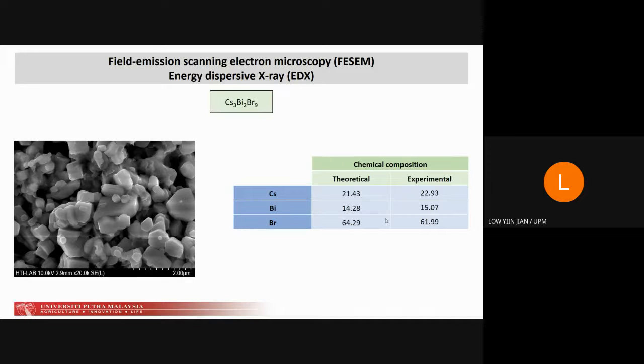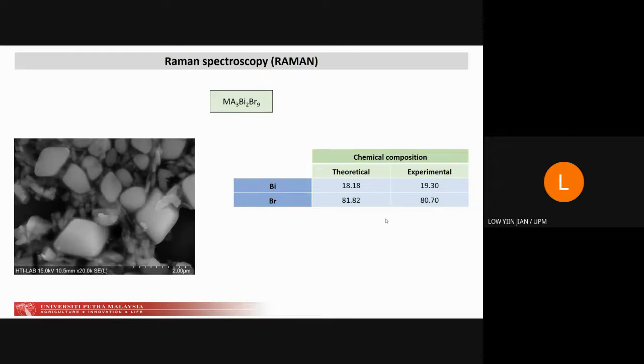And for the 329 structure, the PCM image shows a hexagonal structure arising from the crystal system nature, and near-ideal stoichiometry is found in this structure. For the MA329 structure, it also shows a large particle size distribution, as shown in this PCM image. The chemical composition also shows that the MA329 structure has a near-ideal stoichiometry.